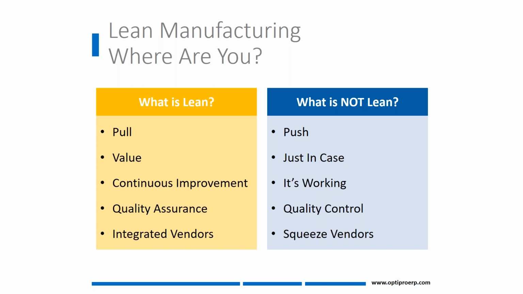In lean manufacturing, there's a traditional thinking toward vendors, right? How do we drive costs down? Well, we squeeze our vendors, we push our vendors. Yeah, okay, not really. In a lean manufacturing world, our vendors are actually part of our organization. Just as we review, internally, components and component designs to see how we can make them better, cheaper, faster, we should be working with our vendors in the same way.